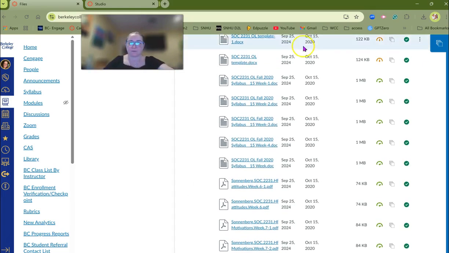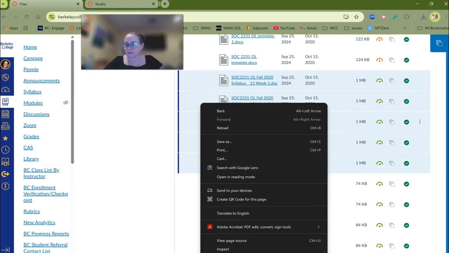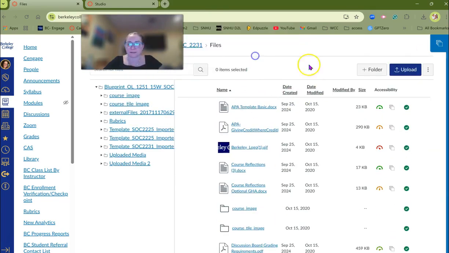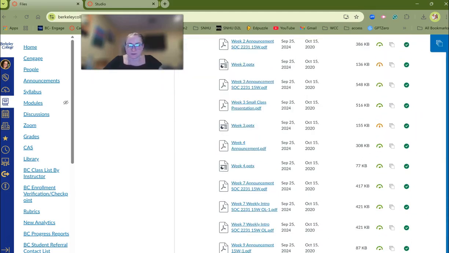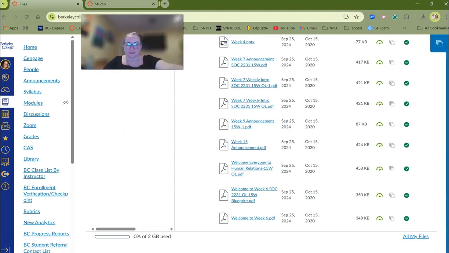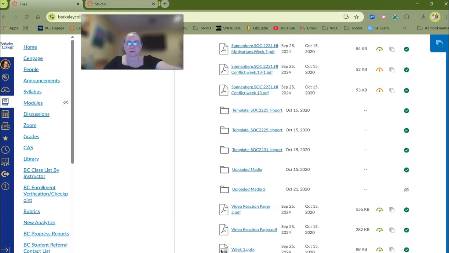And now here, look, we've got syllabi from 2020. Syllabi, syllabi, syllabi. I don't know about Danielle's thing, so we're going to leave those right there. But in all likelihood, if you are not Sonnenberg, you're probably going to want to delete some of those files labeled Sonnenberg at some point. So again, we've got a bunch of those welcomes down, and here we've got a template,